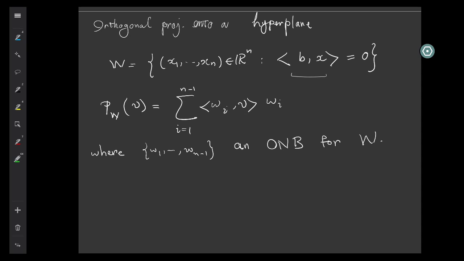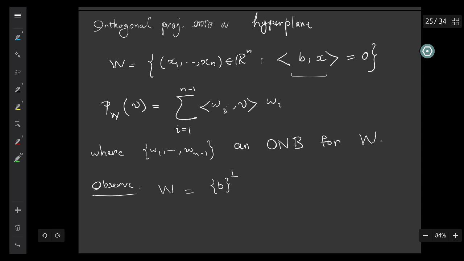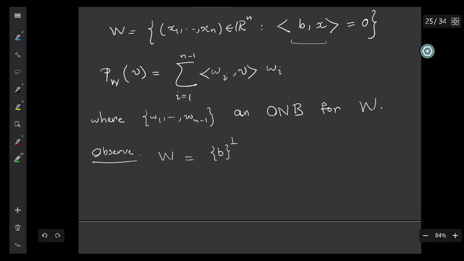Well, if you have W equal to the set, then of course, if we find one orthonormal basis for W, then it is easy to write P_W of V. But in general, it might take a while; there is a much easier way to do this. Just observe that W is actually this vector B's orthogonal complement. And therefore, B is actually perpendicular to all of W1 through